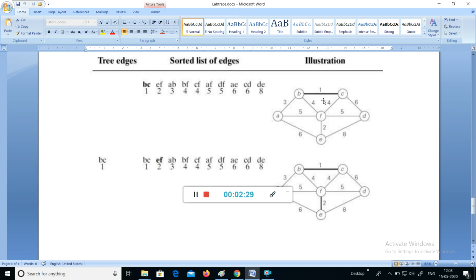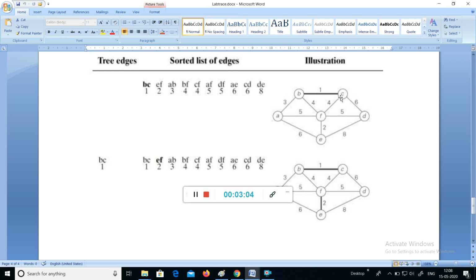Okay. In this, what is the union find algorithm, I'll tell you. Initially all these 6 vertices, they are independent. There is no edge selected, they are independent. Parent of A will be 0, B will be 0, C will be 0, E will be 0, F will be 0. So nobody is parent of nobody. When you draw the edge between B to C, since B comes before C, parent of B is also B and parent of C will become B. Clear? Now this process of assigning the parent of C to B, we call it the union find algorithm.